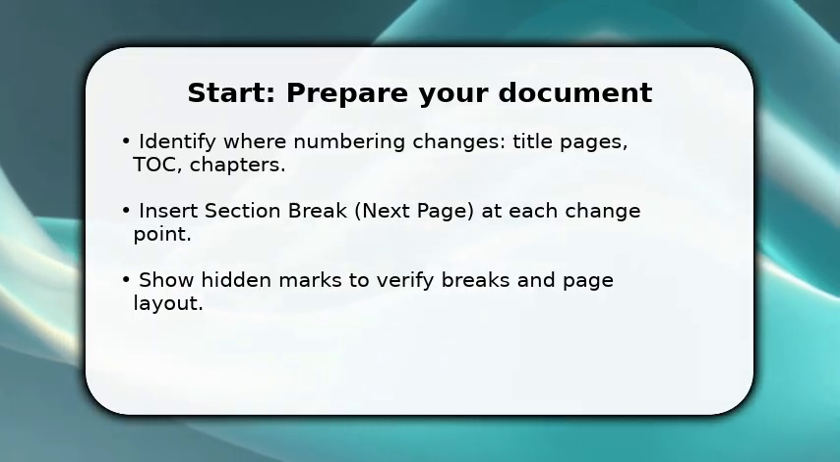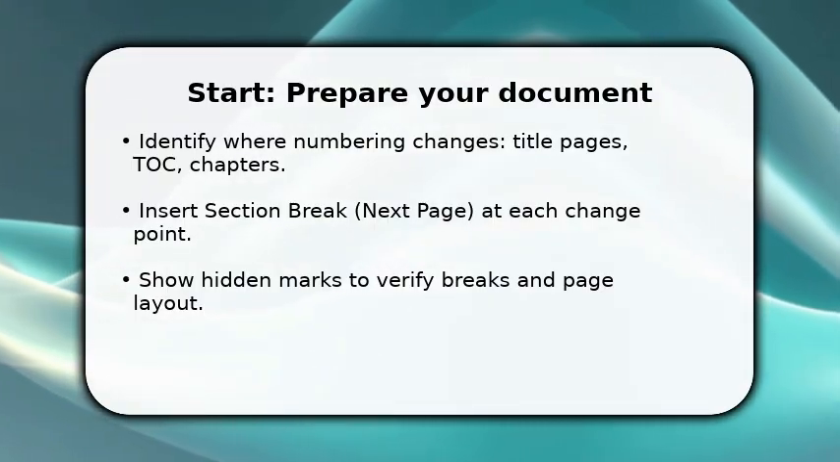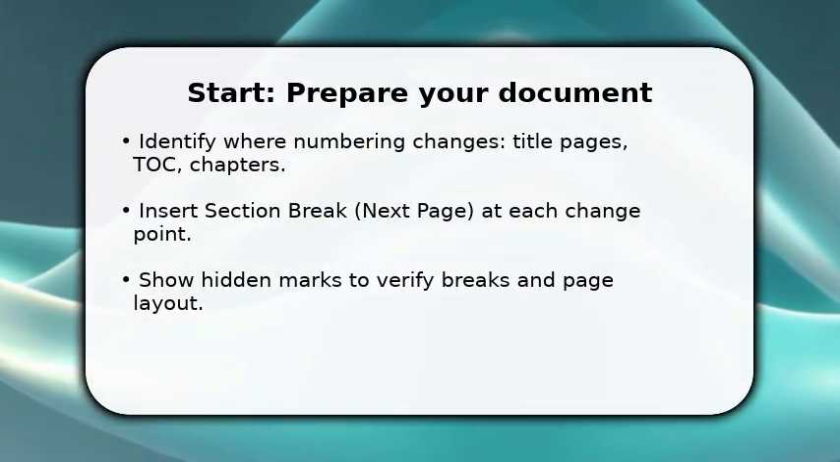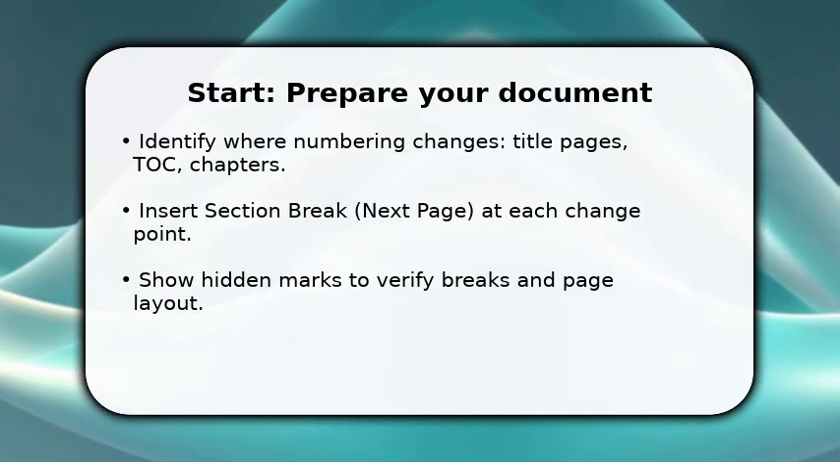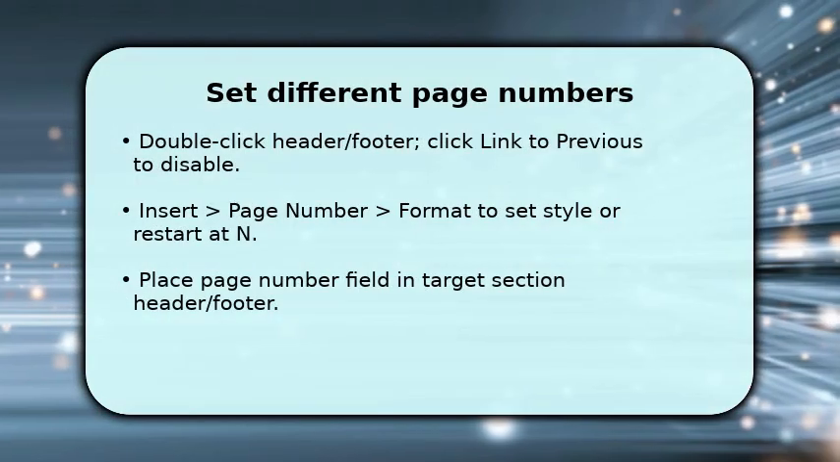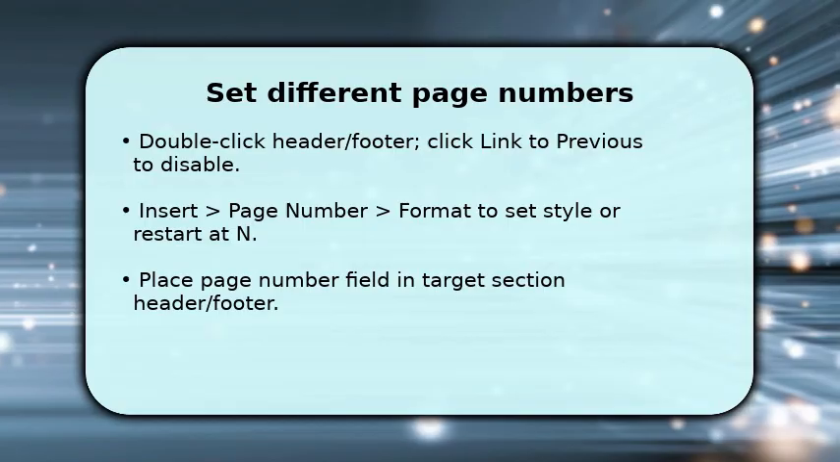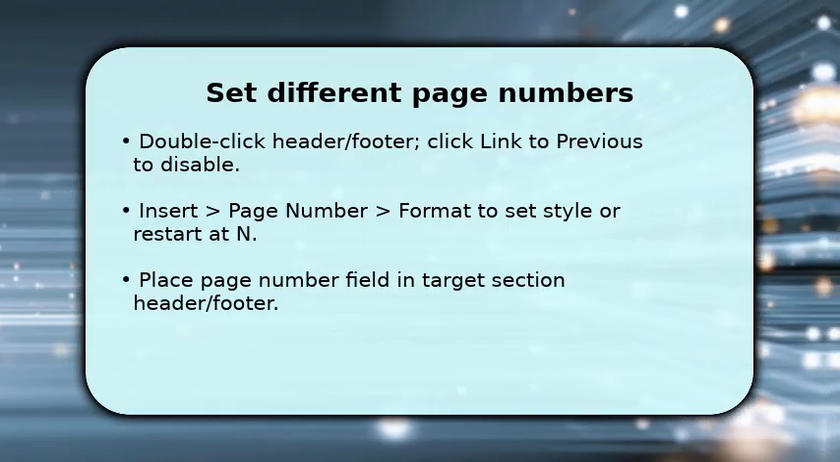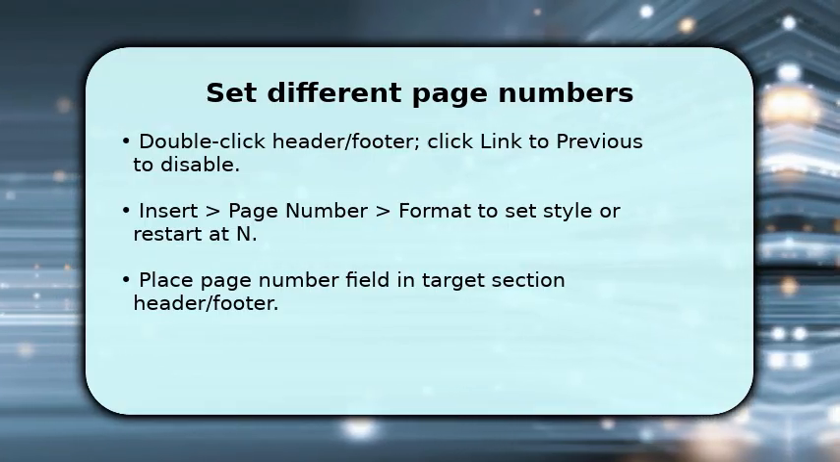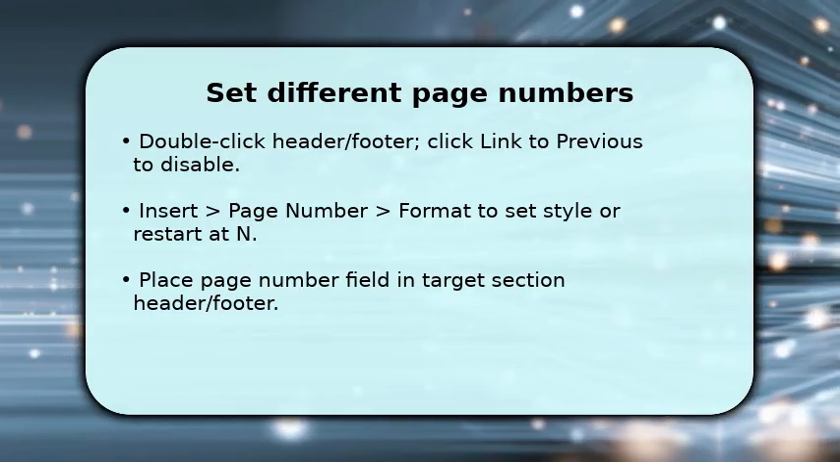Make sure to save a version before changes so you can revert. This lets you experiment without risk and keeps the structure ready for unlinking and formatting number style. You now unlink headers and footers in each section by opening the header/footer and turning off link to previous. This isolates numbering. Then choose Insert Page Number Format Page Numbers to pick Roman, Arabic, include chapter numbers, or restart